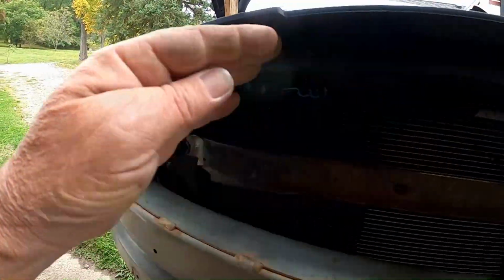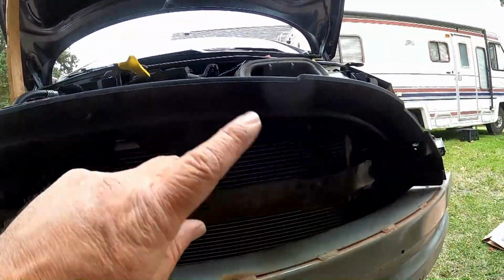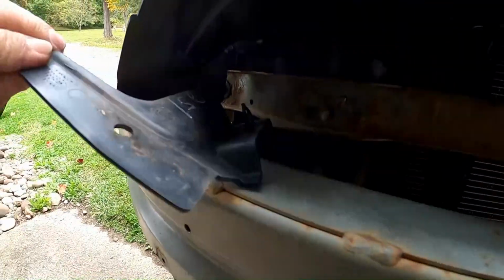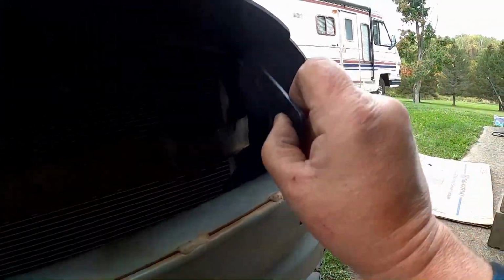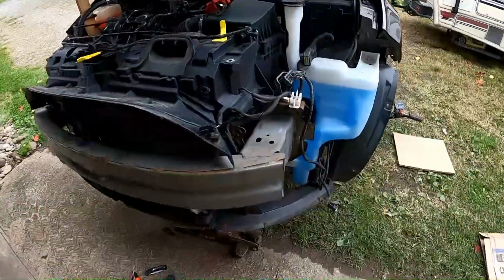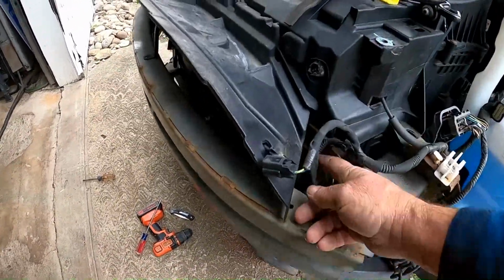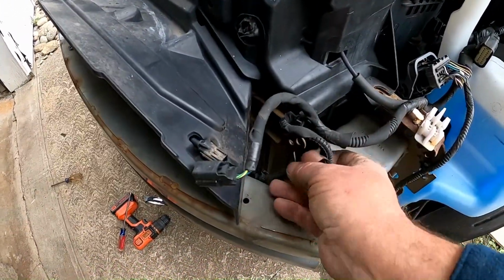I thought this whole thing was going to come off, and it probably will. Nope, I think no. Actually, this piece will stay. But that comes out of there, and we'll do the same to this one. And the second one. Now finally, this is almost looking like it's ready to come off. With those two pieces on each side out of there now, you can get the